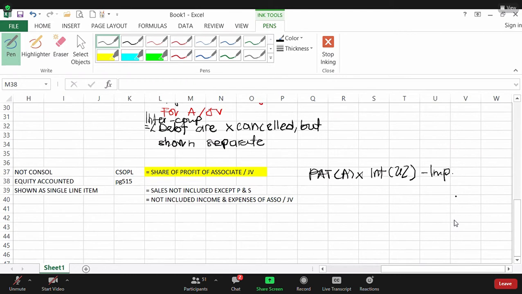So 80,000 is the associate's PAT, not PBT. Please don't take PBT; it must be PAT, 80,000. The interest held in this associate is about 25%. Then if you have any impairment, you continue to minus it from the impairment. That's all. So if you get this figure, about